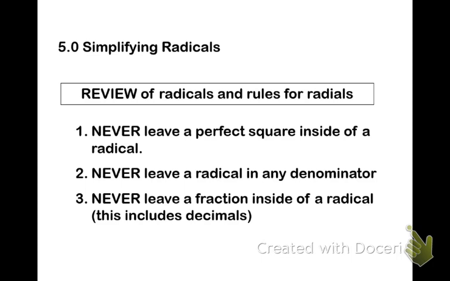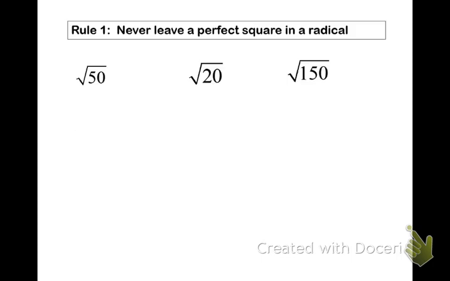So remember, there are three basic rules for any sort of radical. 1, never leave a perfect square inside of a radical. 2, never leave a radical in any denominator. And 3, never leave a fraction inside of a radical. That includes decimals. A decimal is the same thing as a fraction. So first off, never leave a perfect square in a radical. Hopefully you remember that